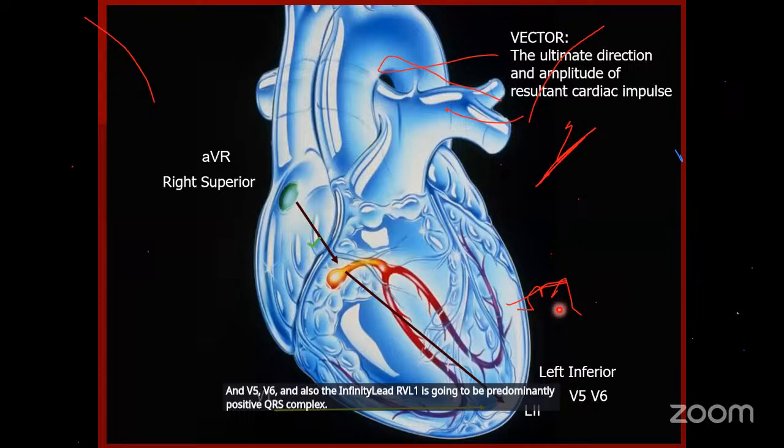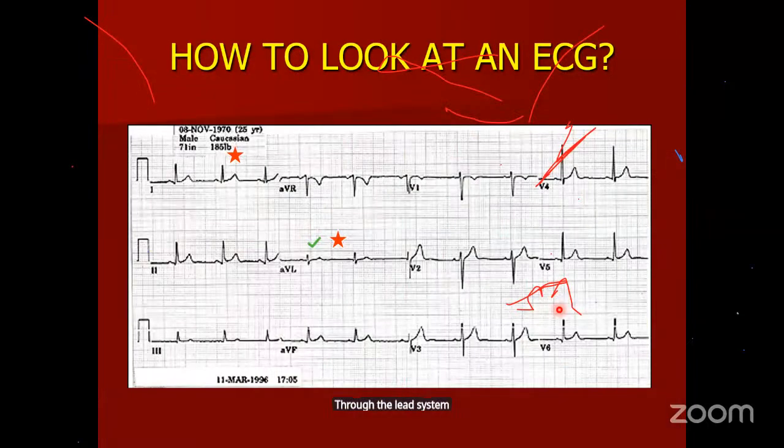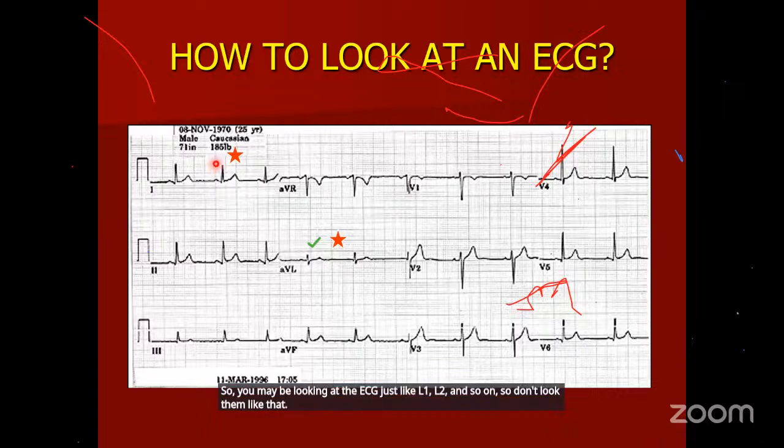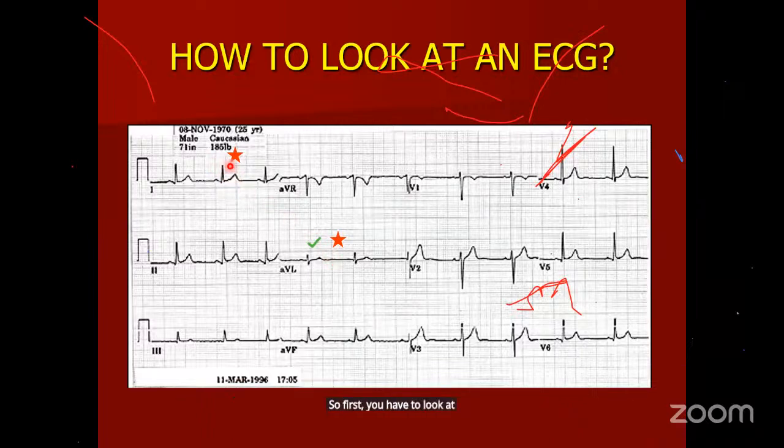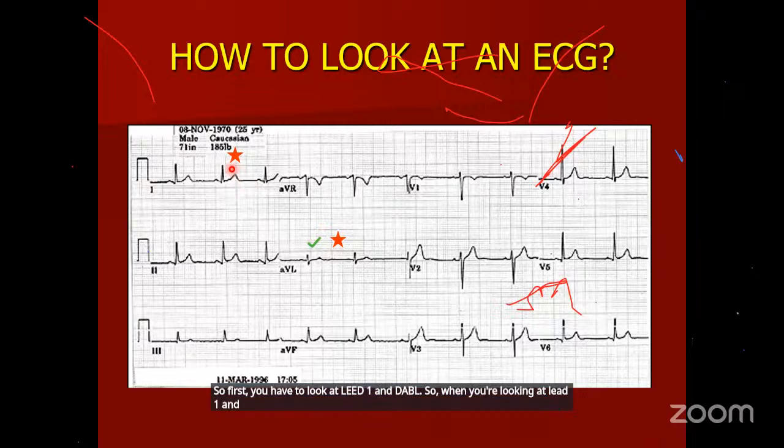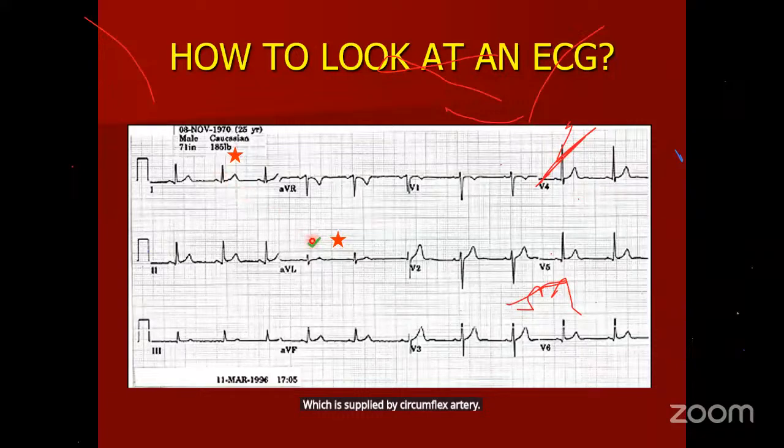Now we can understand this through the lead system also. How to look at the ECG from tomorrow? You may be looking at the ECG just like L1, L2, and so on. Don't look at them like that. First, look at lead 1 and AVL. Looking at lead 1 and AVL, you are looking at the left superior surface of the heart, which is supplied by the circumflex artery. Along with L1 and AVL, always look at V5 and V6, which give you information about the anterolateral surface of my heart. So these four leads represent the lateral surface of my heart,